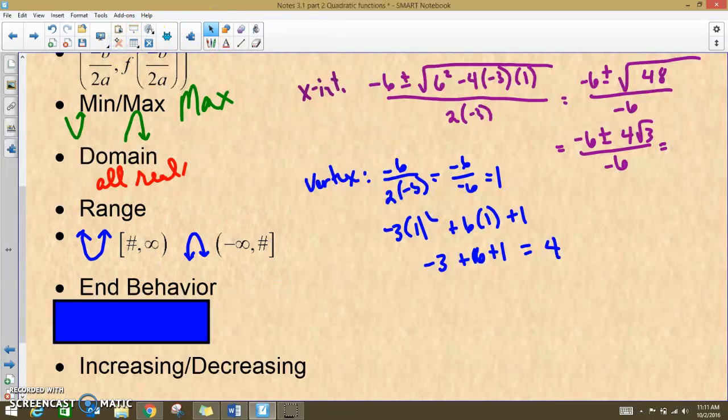Remember, range is always low to high. So if it's a U-shaped graph, you find that lowest value on the y-axis, and you list that number, and then it goes up to positive infinity. If both arrows are pointing down, it's negative infinity until the highest point. So if we eyeball our graph,